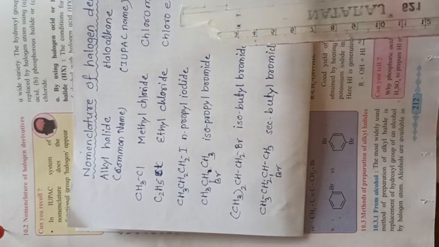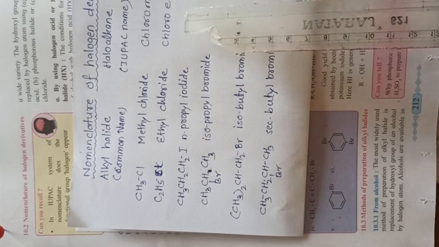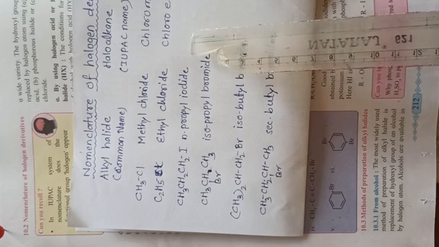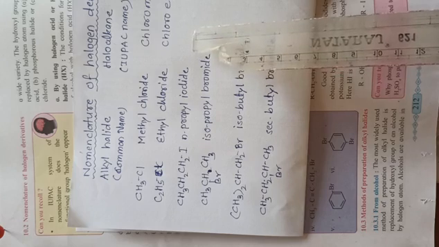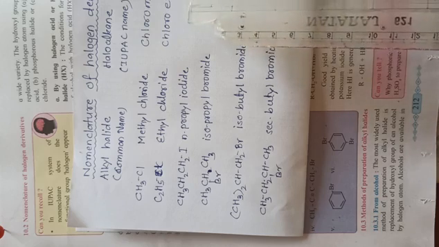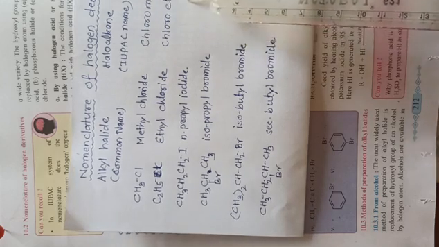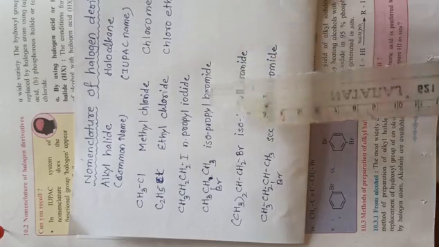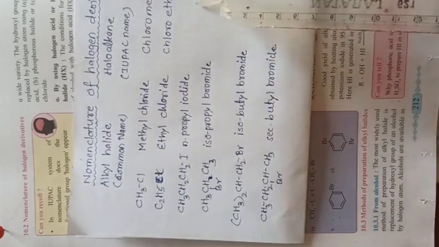You have already studied the IUPAC nomenclature rules in 11th standard, in chapter number 14. So you already know the various rules of IUPAC nomenclature. I will not repeat all the rules of that nomenclature, but the basic rules of the nomenclature you must know before naming any organic compounds in organic chemistry.